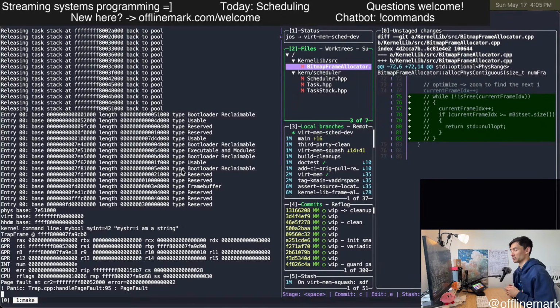I was just running the kernel after a couple weeks of having not touched this, and we are page faulting. It was something to do with this work on task stacks that we were doing previously.